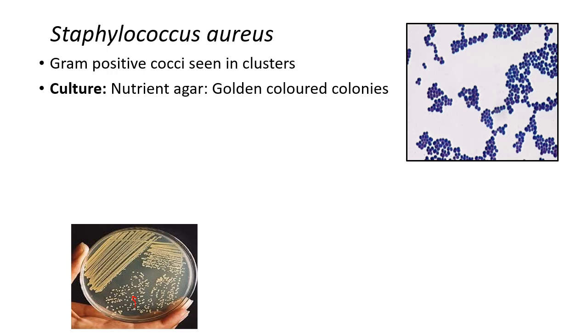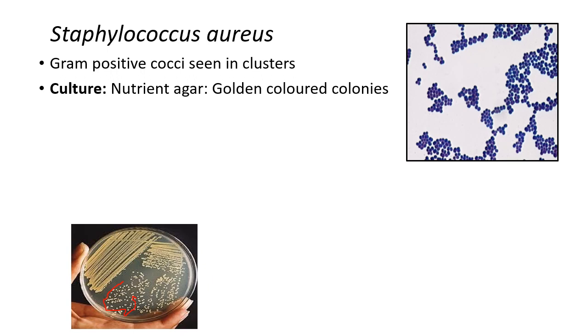Now these are all individual bacterial colonies, and what you see here is the golden colored pigment which is produced by this bacteria. So Staphylococcus actually means grape-like clusters, and the word aureus means that it is golden in color. And of course the word aureus has been derived from sun, S-U-N. So golden colored